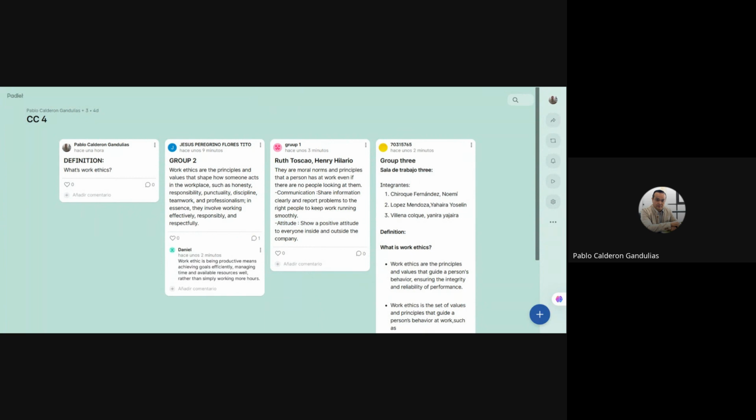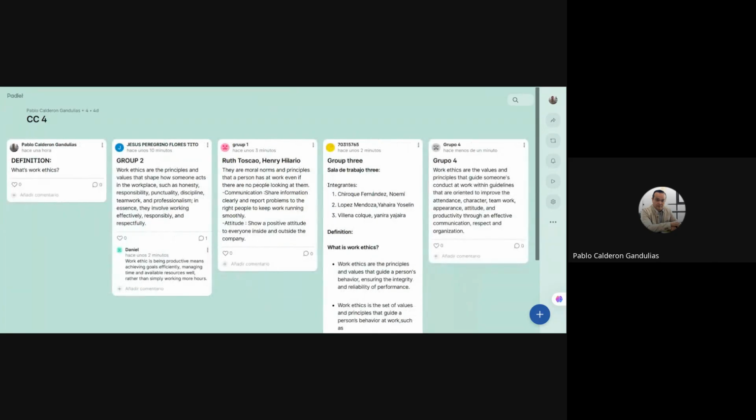And group number 1, they are moral norms and principles that a person has at work, even if there are no people looking at them. Communication, share information clearly and report problems to the right people to keep work running smoothly. Attitude, show a positive attitude to everyone inside and outside the company. And group number 3,